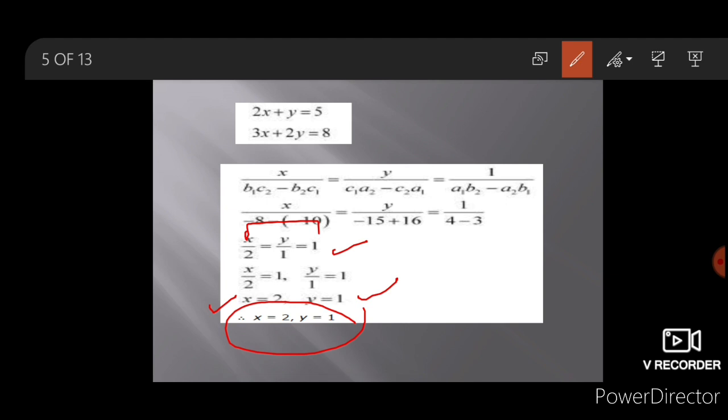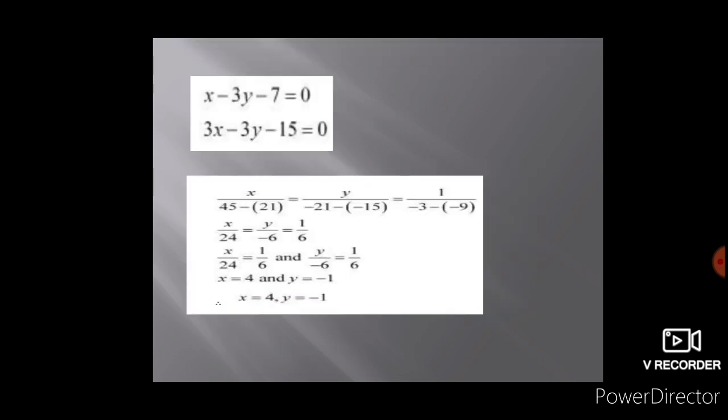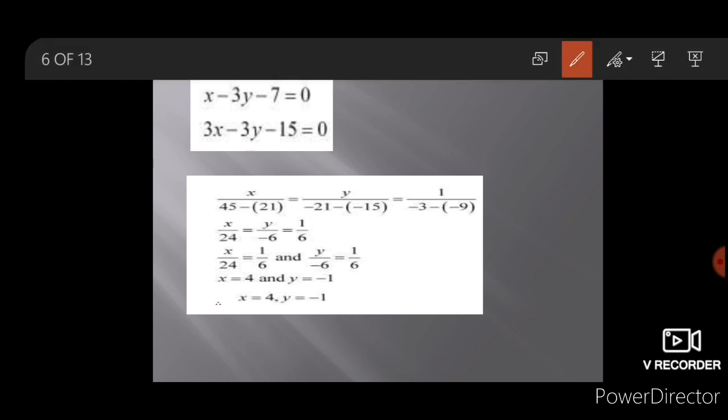Students, we can solve this equation by any of the above method, but if the examiner asks you to solve this by cross multiplication method, then it is necessary for us to solve it by this method. Now it is next equation. Right hand side is already 0, therefore first step is already done.